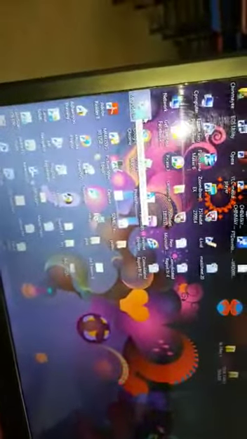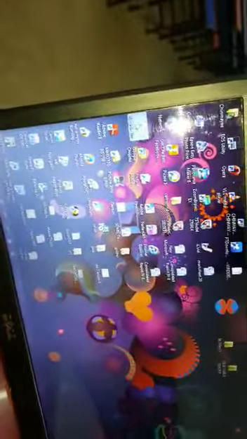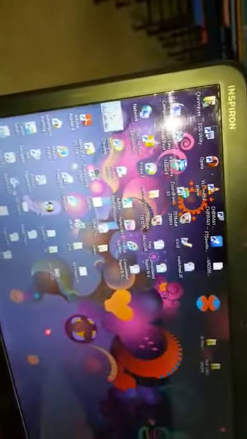Now we will go to this menu, that is the recycle bin. The topic for this is restoring a file or folder. How do we restore the deleted file which is there in the recycle bin? We have clicked on the recycle bin. There we will choose the file which we had deleted.